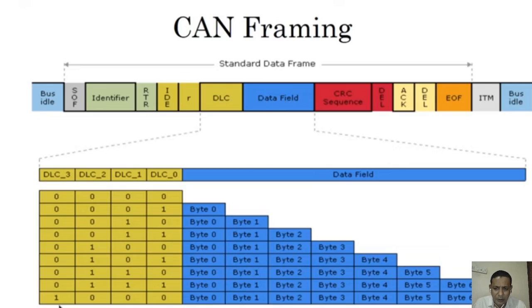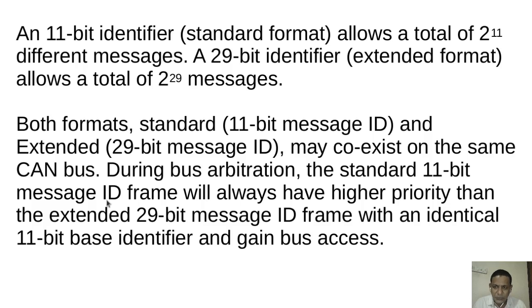If 8 bytes are sent, you can see 1 0 0 0. So we are sending 8 bytes in the data field. This is the data length code, then the data field, then the CRC (cyclic redundancy check), acknowledgement, and end of frame. The 11-bit identifier, standard format, allows for a total of 2 raised to 11, that is 2048